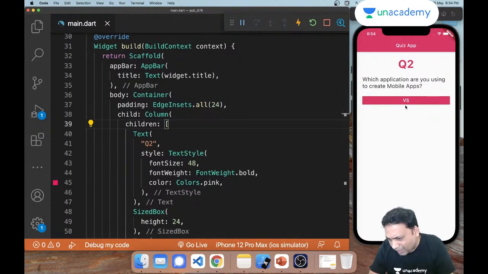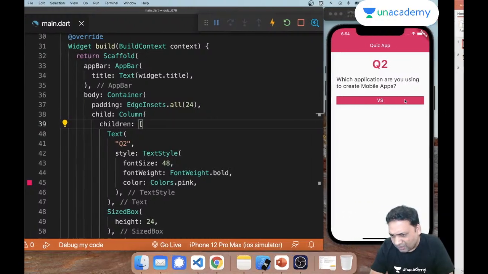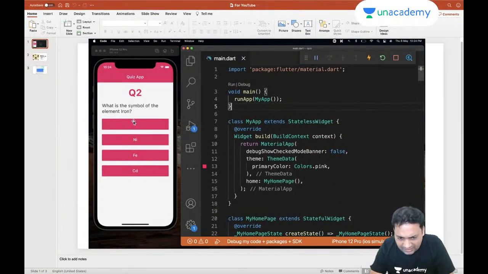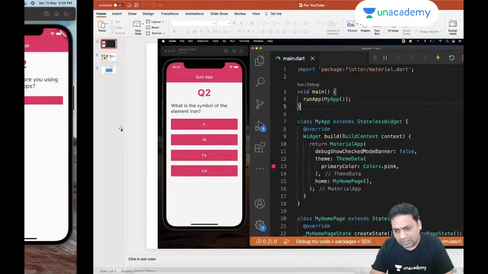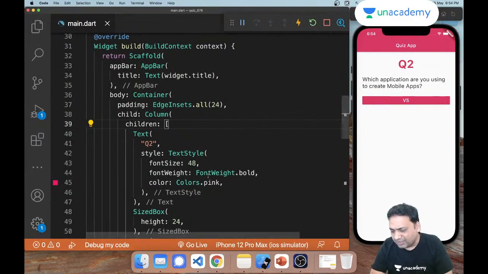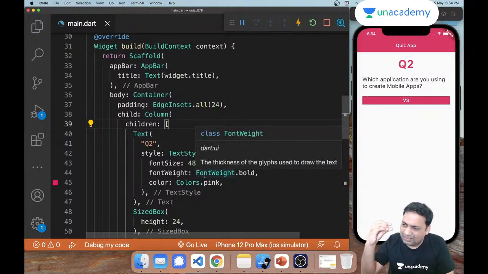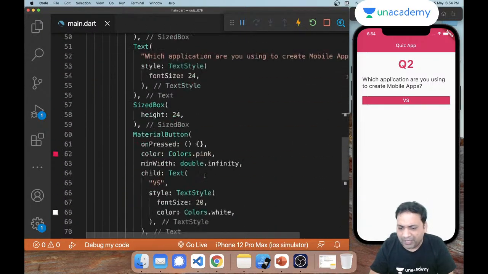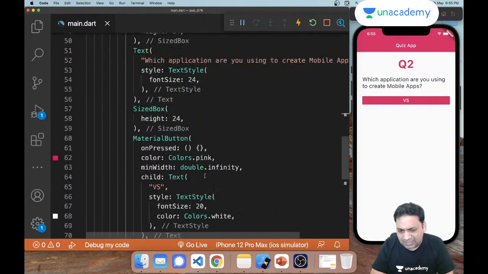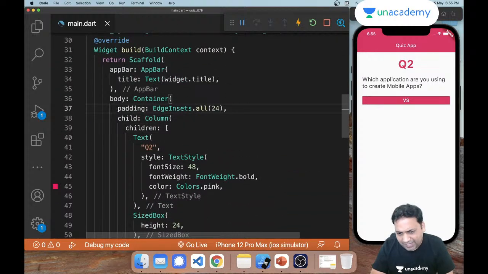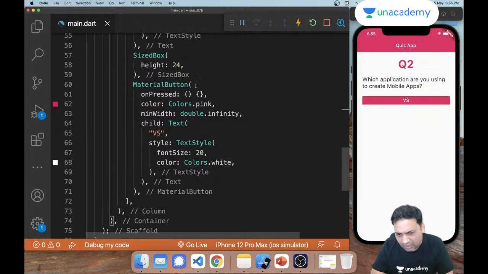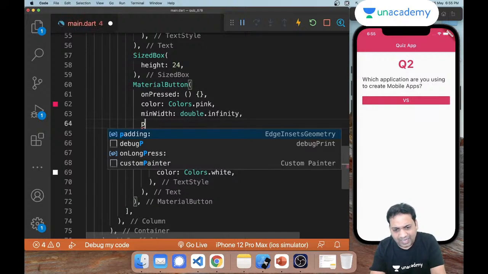But again, look at this button now. Let's take another look at the button, which here also seems to have a lot of space around this, whereas compared to ours, this button is thinner. The height is not big enough. So once again, just like we added padding edge insets all 24 here, I can come to the material button and after min width, I can add